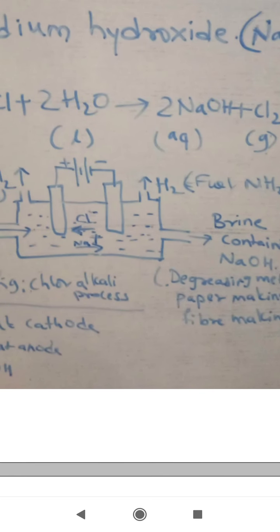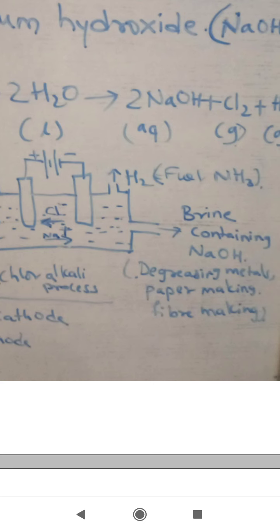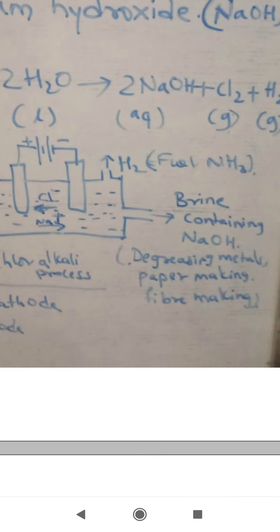And the product which is obtained here is sodium hydroxide, that is NaOH. It is an alkali. Alkali means a base which is soluble in water, which can dissolve in water. And this alkali is used for degreasing metals. Degreasing means you might have seen that metals get greased up. So much grease will be there on the metals after putting oils and working together for long periods of time. So that grease can be removed with NaOH, sodium hydroxide.